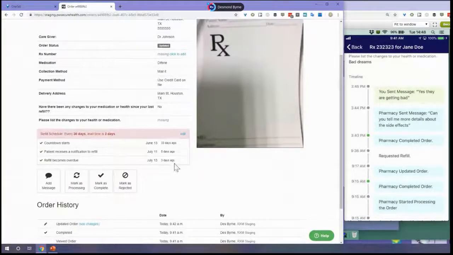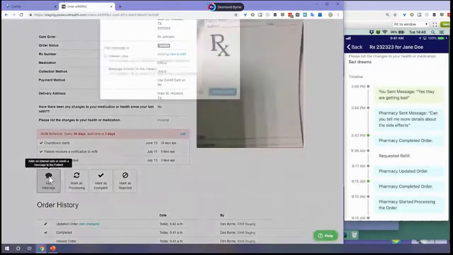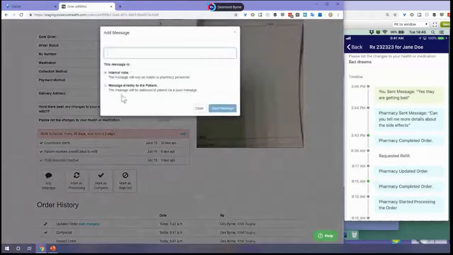And he became overdue 3 days ago, as highlighted here. So, a workflow that we see being used quite a bit is, instead of calling to give a second reminder, the pharmacy sends a second message, and it can contain information that you want to send them,